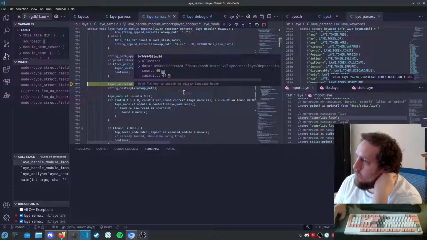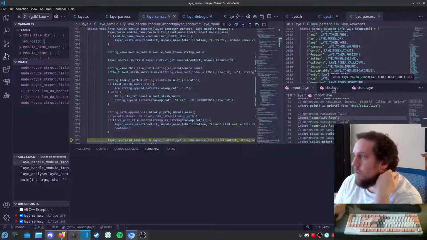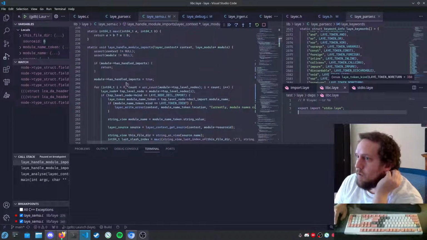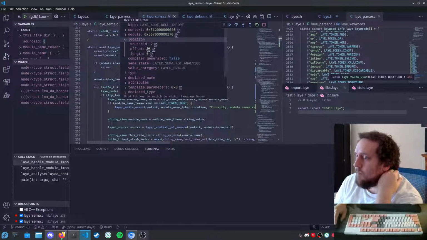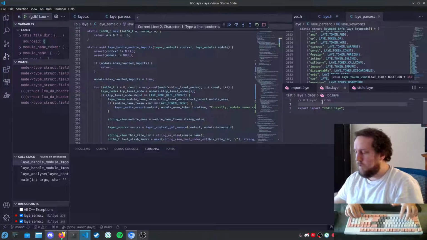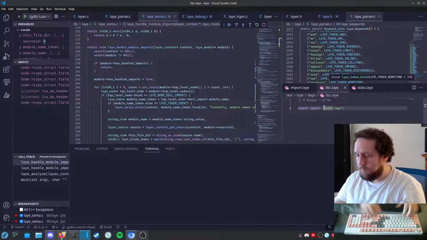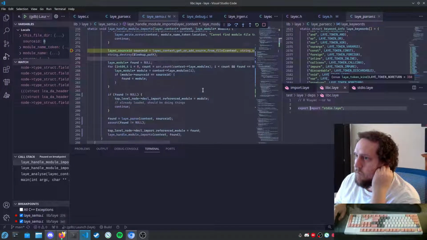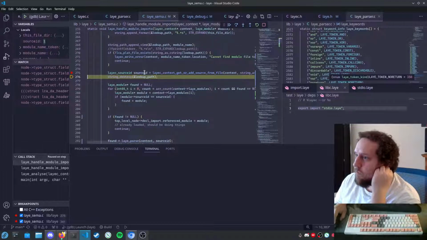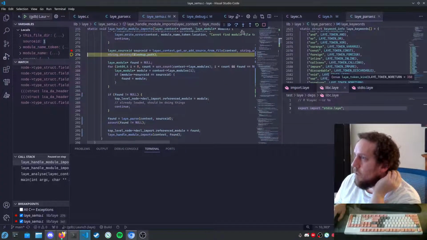StandardIO.laye does exist. This location should be within libc. So if I go to top level node location, it's at offset 28, and its source ID is 2, which is this one. Offset 28 is right here. So this is all correct so far. If I step over, we get source ID 1, 1. Okay. So then